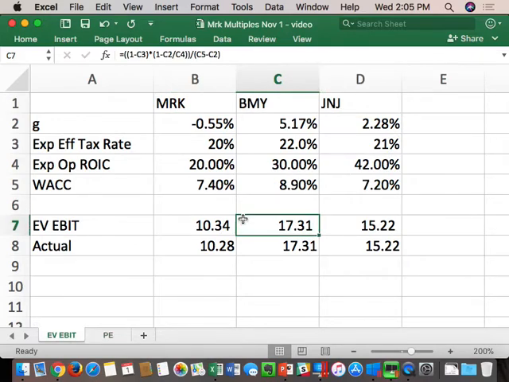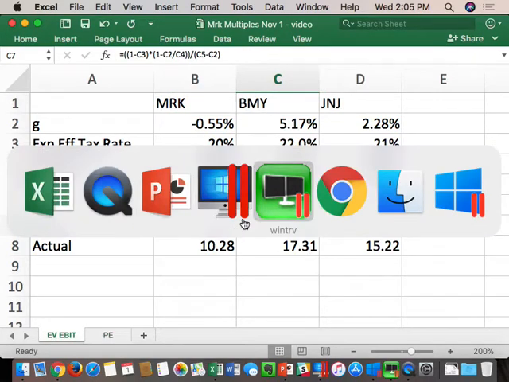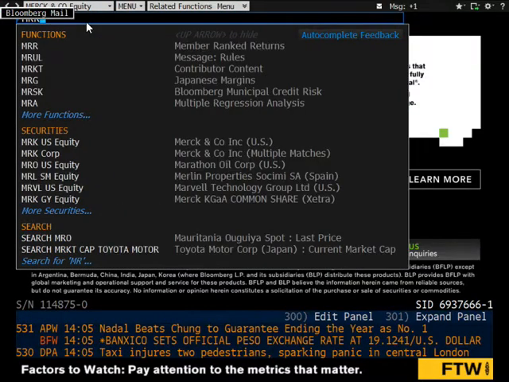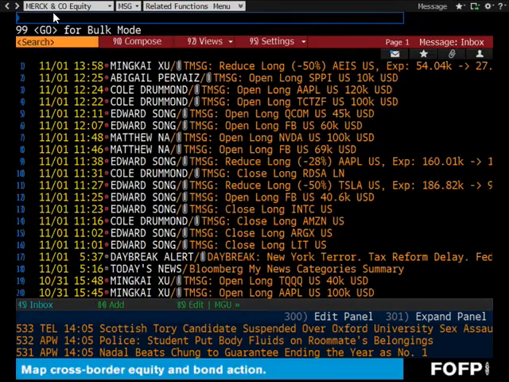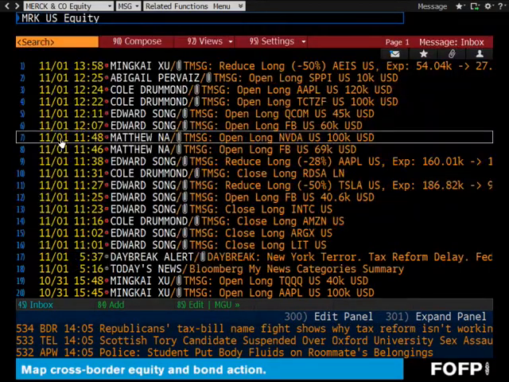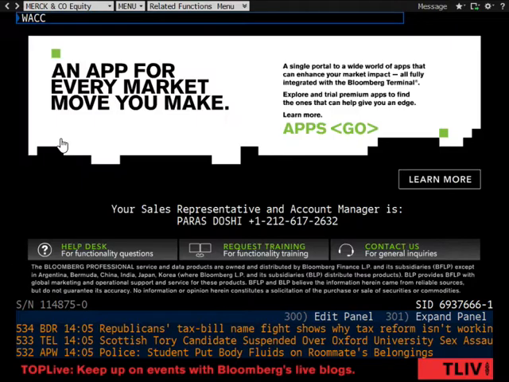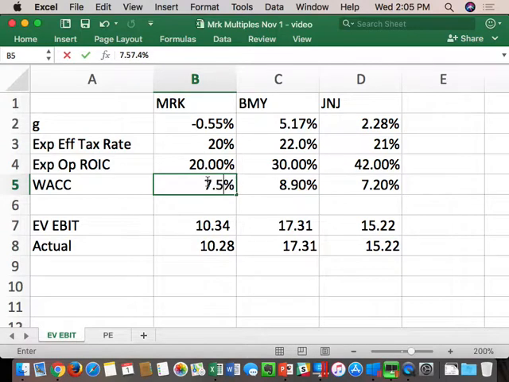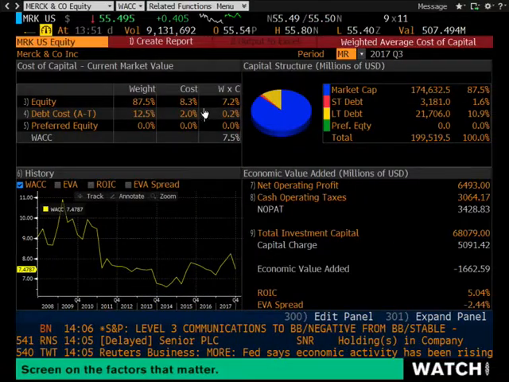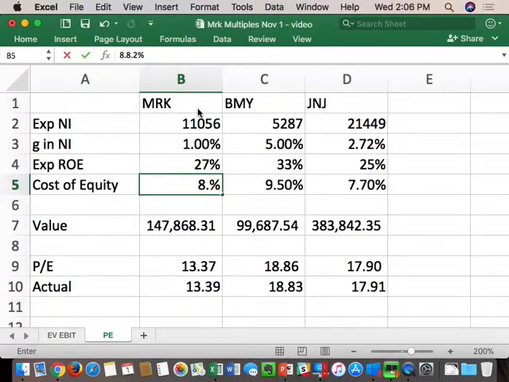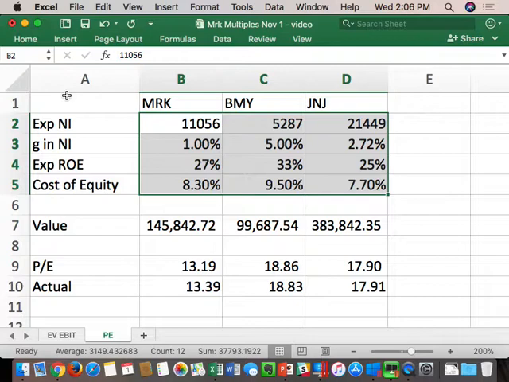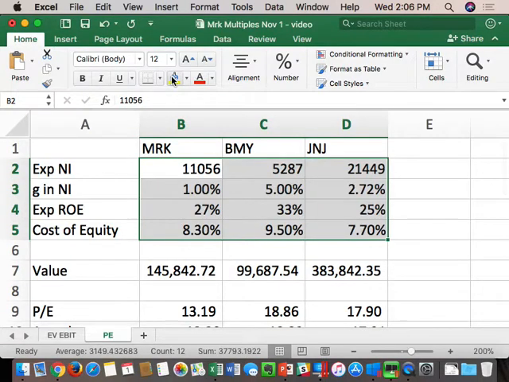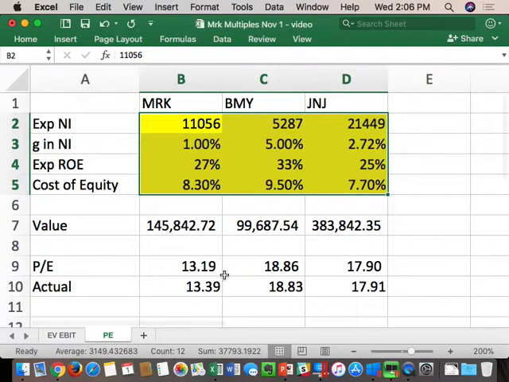So very quickly, if we look at Merck and Bloomberg, let's get a current WACC, which is 7.5. And a current cost of equity, which is 8.2, at the time of this video. And these are going to be the cells that we're going to start updating, so I'm going to make them yellow, so we're clear about what we're actually changing